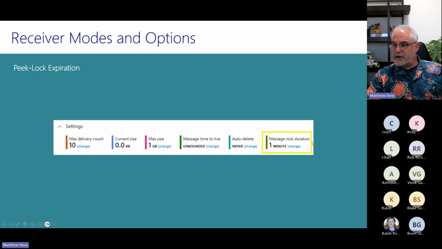So here are a couple of settings, screenshots from the portal, and you can see we have our message lock duration. So the default peek lock is 1 minute, and you can change it. It can go down to 5 seconds, I think, and all the way up to, I can't remember, 20 minutes or something. It's not huge, but you can adjust it. And here's that max delivery count, right? This is the retry counter. And by default, it's 10. It's going to retry 10 times, but you can change that as well. So